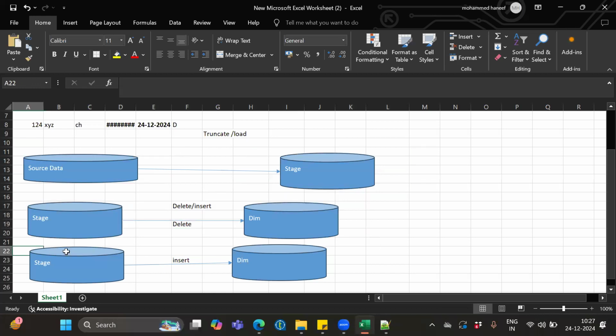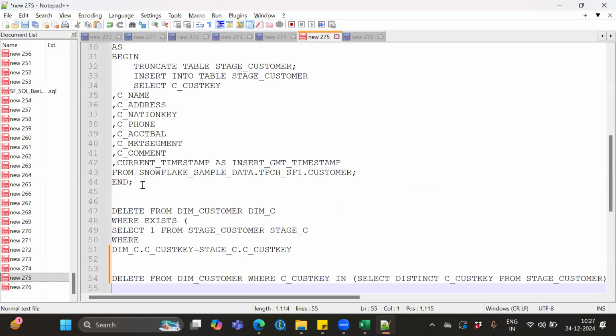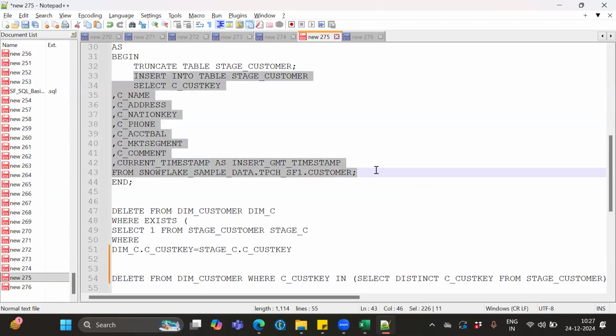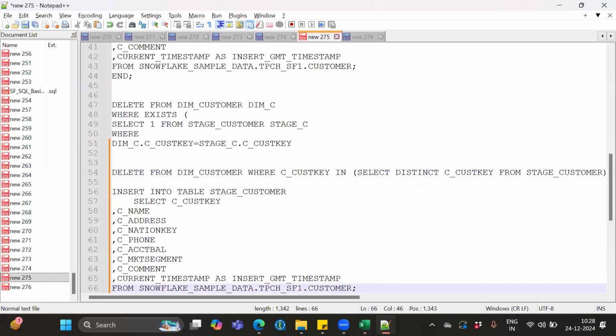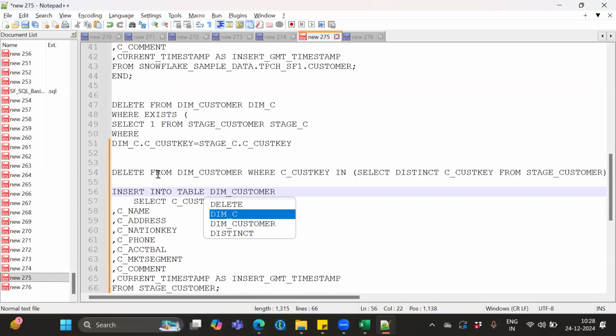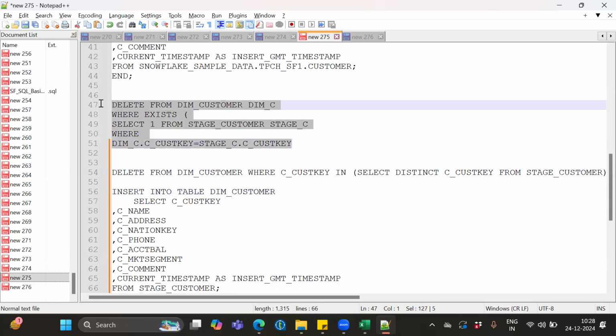What else is pending? Loading the data into the dimension table from the stage table, right? So, as we created above, I will take the same select and insert statement. Simple. I will keep it and change the table names. I'm just taking the stage table out here and keeping the dim table, the dimension table, here. Now I'm copy pasting the delete query here,